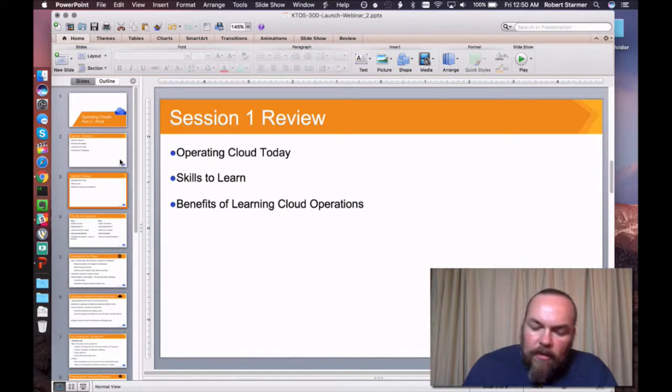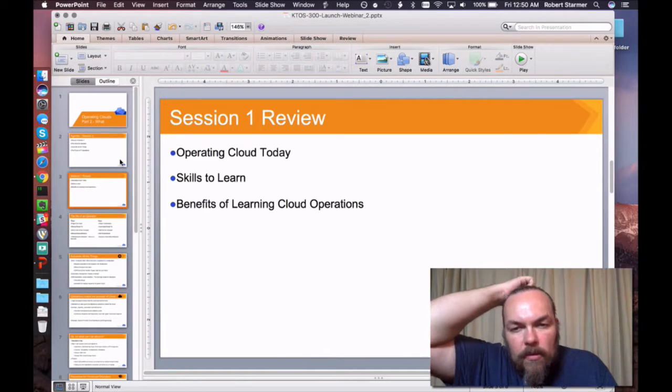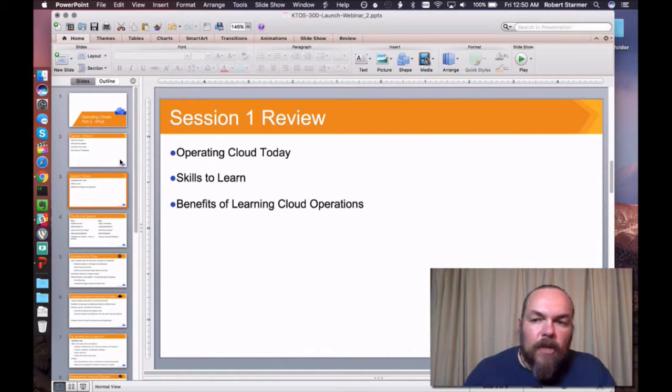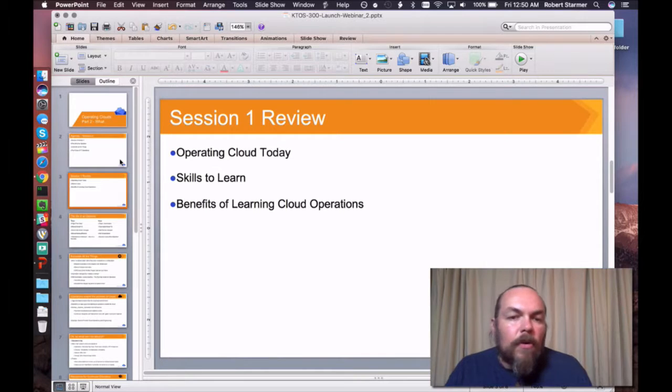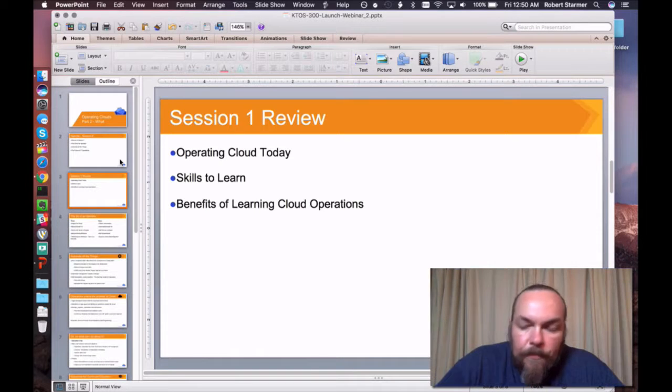We're talking about the fact that it is no longer possible to be a cloud operator and only consider the compute aspect or the storage aspect or maybe some pieces of the network service. Really, we need to be holistic about our approach to the overall cloud systems and cloud environment.